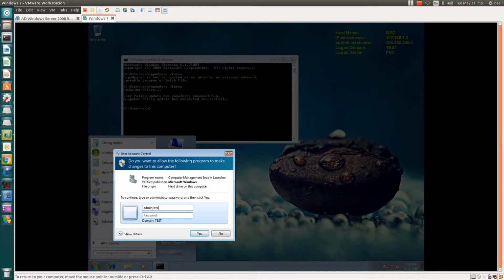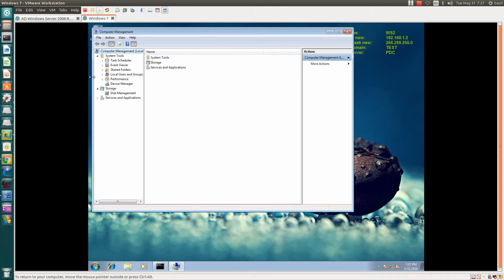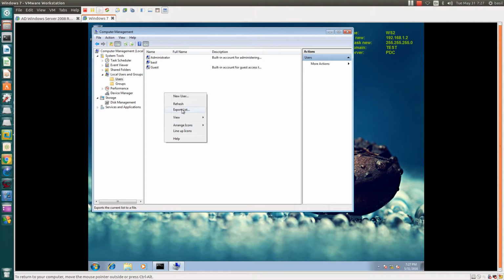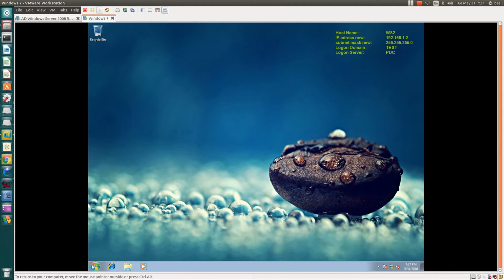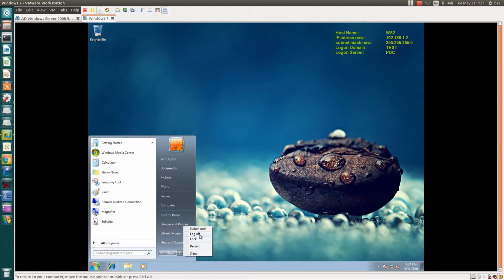Administrator account, which belongs to our domain, password 123456. If you can see, this is the domain name; we are not addressing the local computer. All right, click OK. Go to Local Users. Still it's not happening here, so let's log off this computer and try to log in with the newly created